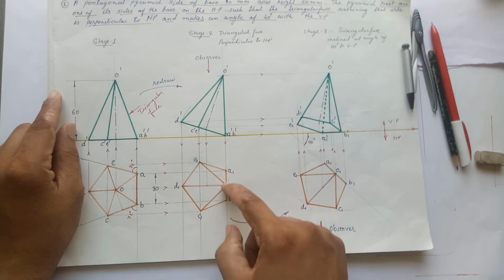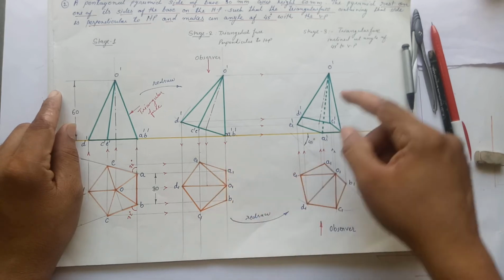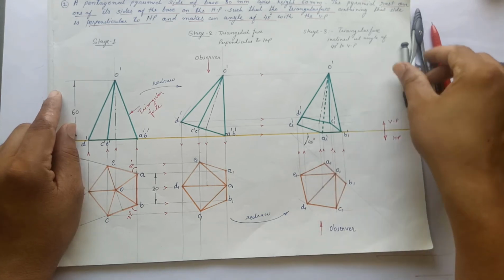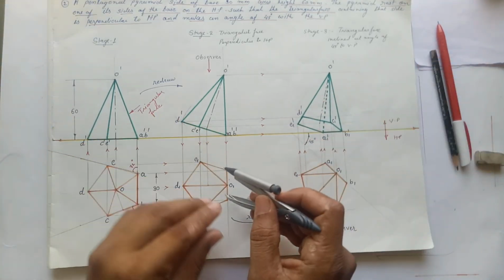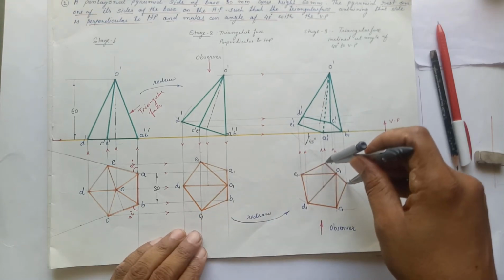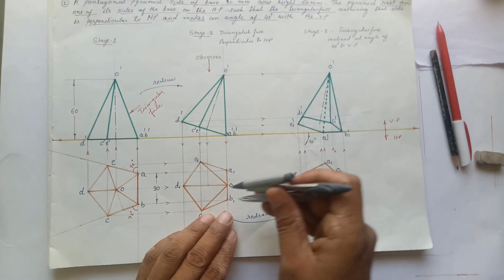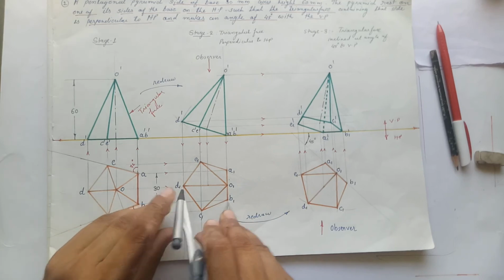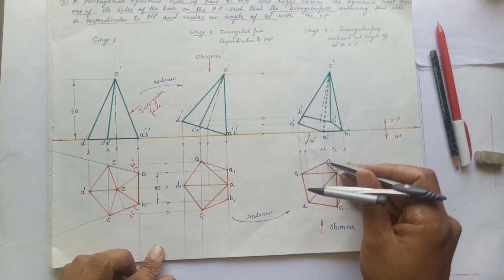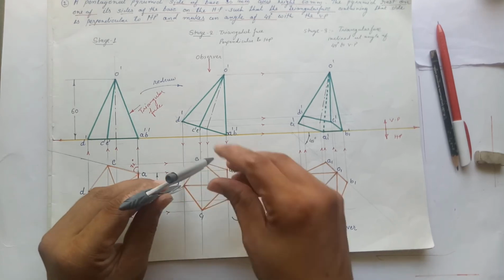It is over here, OAB, the plan of the triangular face OAB. That means we have to incline the plan of the triangular face OAB at an angle of 45 degree. So measure the 45 degree angle. A1, B1, take A1, B1 over here. Mark O1, mark D1. Measuring from B1 and A1, it will remain same. So mark D1. After marking D1, you can mark E1 also.